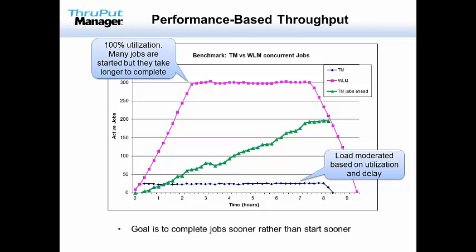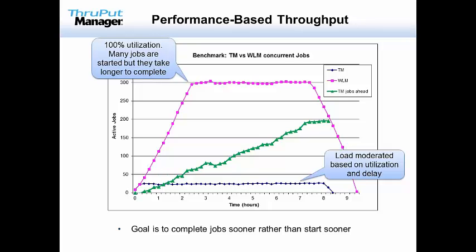Now you have a large number of concurrent address spaces in your system, and they're all running at the same priority, which means WLM is now thrashing, trying to serve them all because they're at the same priority. He's essentially going to be giving small time slices to each job, but none of them are really getting done. So they're in flight, if you will, for a very, very long time. And you can see as the pink line drops onto the right, it takes about 10 hours to finish this.